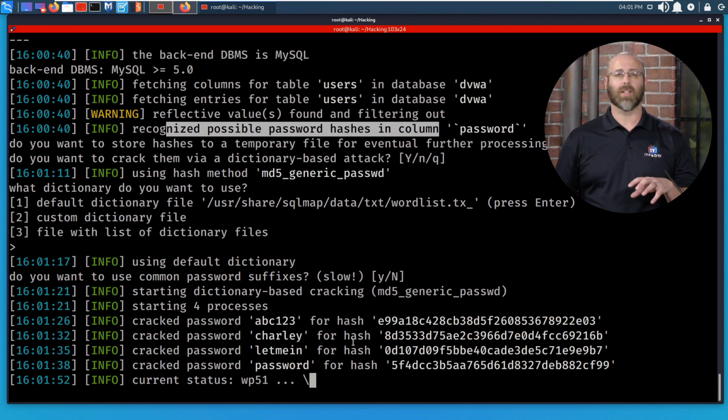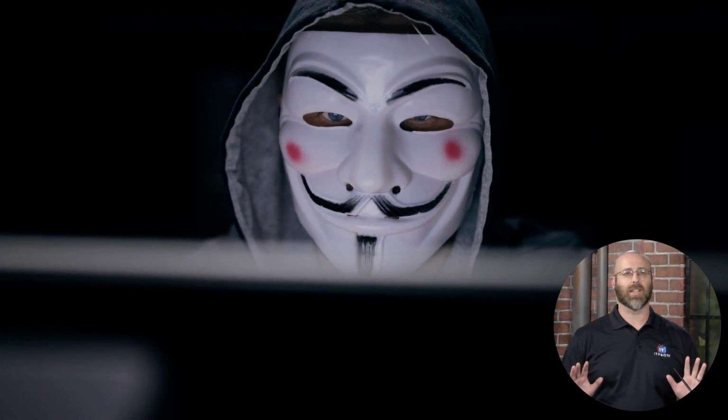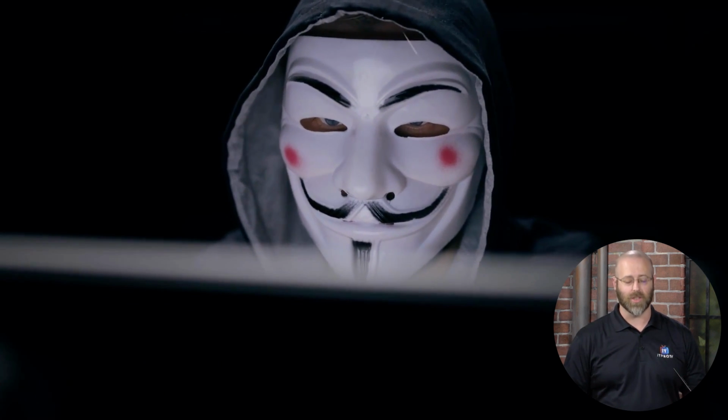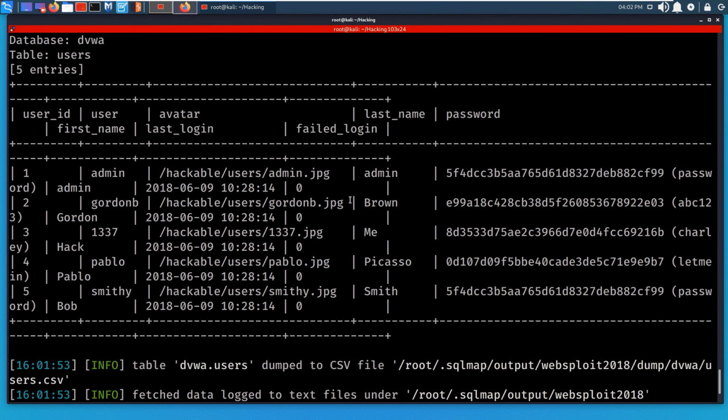But I love having, like, again, going back to that script kiddie, we're just pointing things at things and letting it do what it's going to do. And it was able to crack a few passwords for us. So it looks like that was all the passwords it cracked. And you can see it's a little janky because I've got the screen so blown up, but